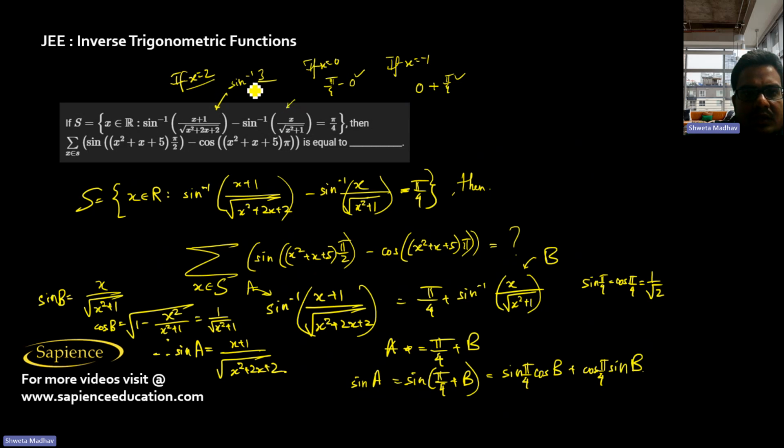But if x is 2, then it will be sine inverse 3 by root 10 minus sine inverse 2 by root 5, which will not be equal to pi by 4. So then we will do sine inverse of 3 by root 10 minus sine inverse of 2 by root 5. We know sine inverse a minus sine inverse b, we can say this is sine a cos b minus cos a sine b. So it is sine a cos b, which is root over 1 minus 4 by 5, which is 1 by root 5,